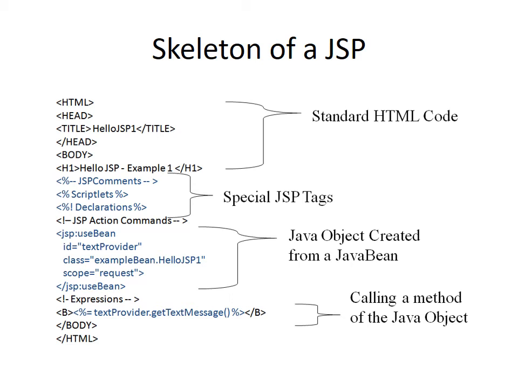Now see, my basic tags, the scripting tags, all start with <% and end with %>, right? Whereas all my actions start with jsp:, so suppose it is a forward, then it will be jsp:forward. Suppose it is an include, then it is jsp:include. So like that I have the action tags. My action tag always starts with the jsp keyword. As you see, it ends here. Now what are all these? id, class and scope. These are the attributes along with their values.